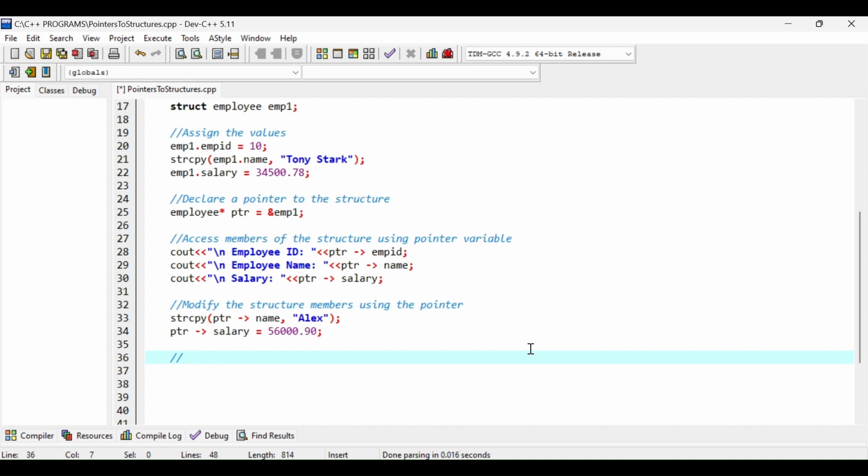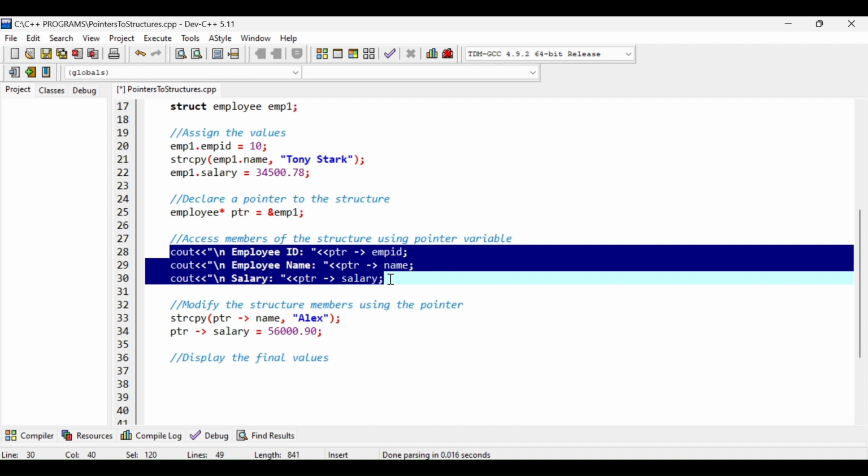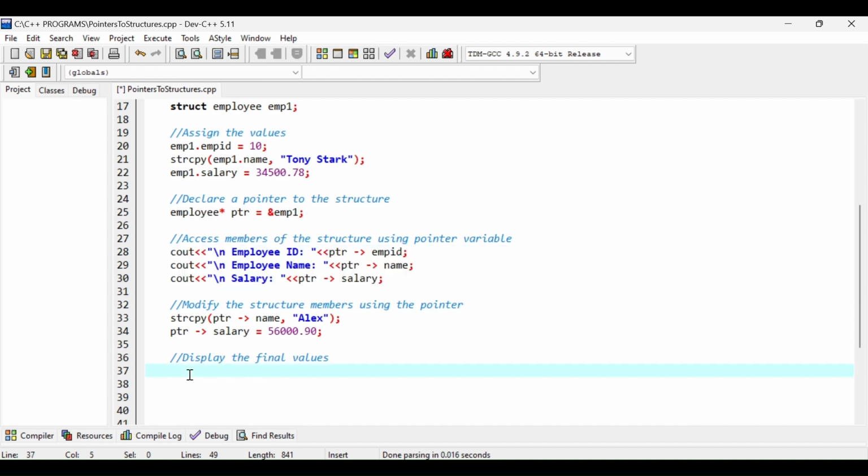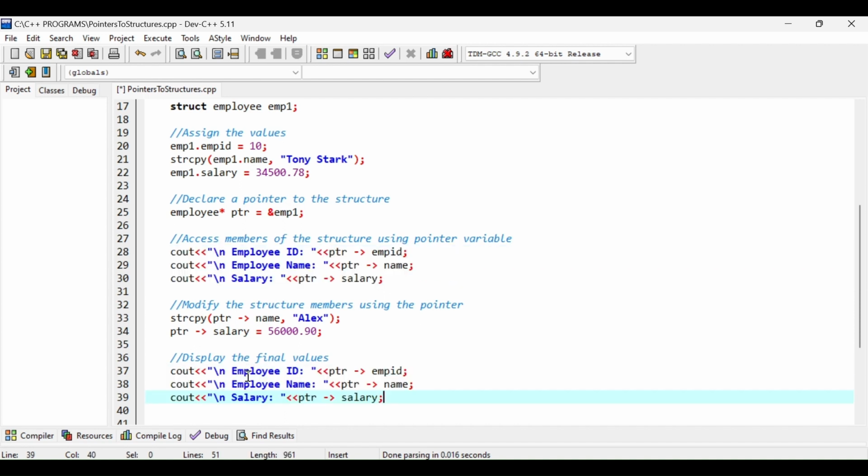Once I have made the changes to structure members using the pointer, I can display the final values, and in order to do so I can simply copy paste this code. Let's paste it. So this time I have made no change to employee ID. I have only changed employee name and salary.